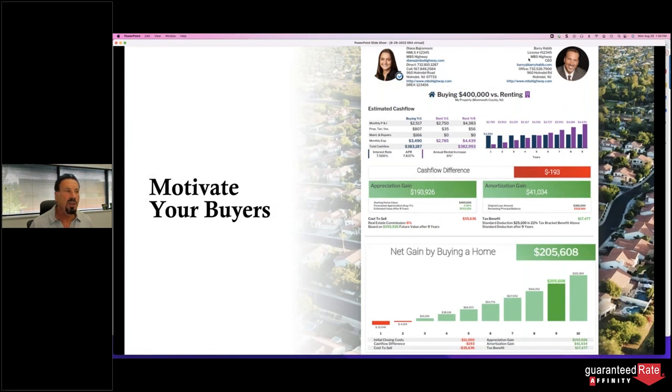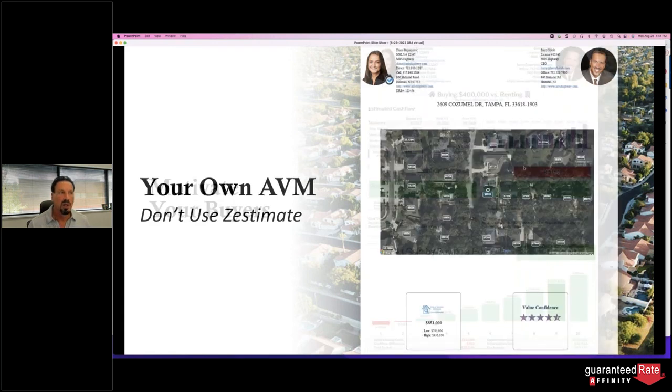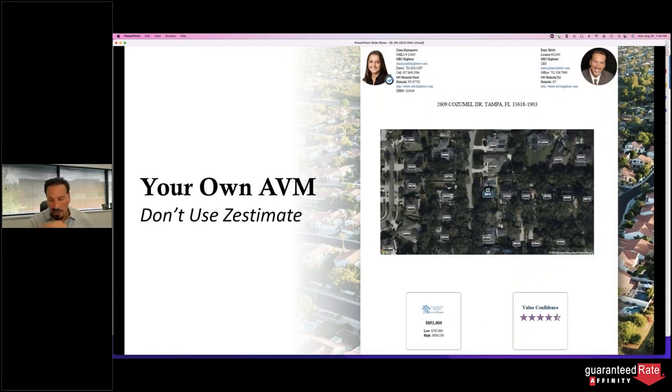Now you could do this together with your GRA professional and co-brand this to your customer. So easy for them to do. It literally takes them less than 30 seconds to do for you. And another thing they can help you with is, now when you go out on your listing appointments, it's not